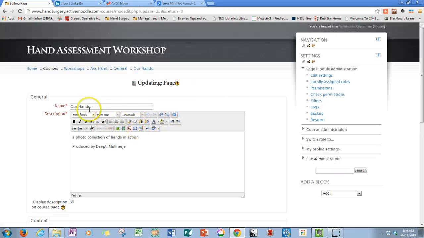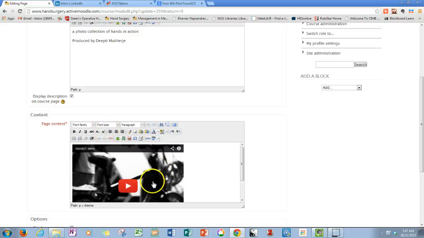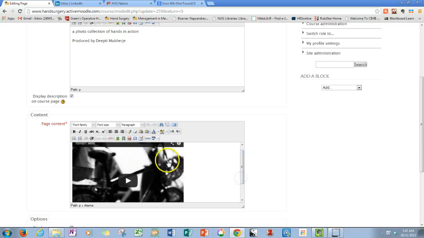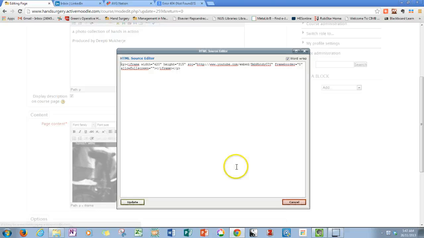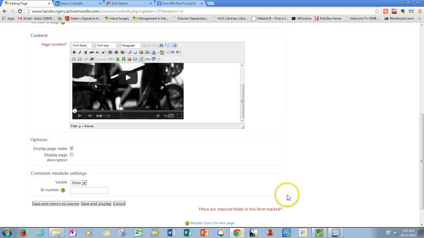Here you give a title and a description of the photo collection, which is the label we have included, and then in the content page we have embedded the code for a video that I've already uploaded on YouTube. So let's look at the HTML code and how this is done. Basically we copy the HTML code whenever we go to YouTube, and we use the embed function, not the link but embed, copy the code and paste it, and that would then result in the image coming out through there. That's how this was added, and we just click save and display,